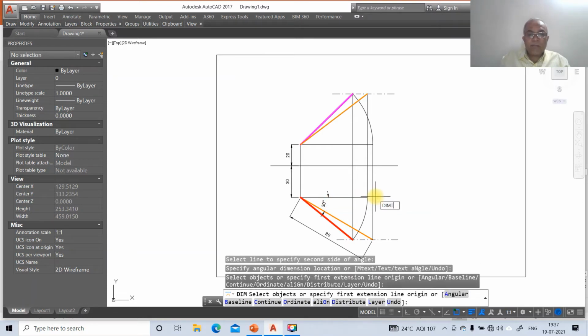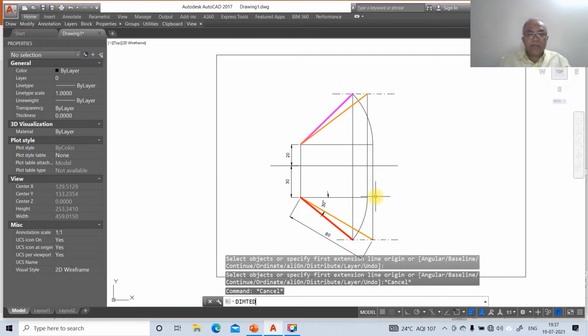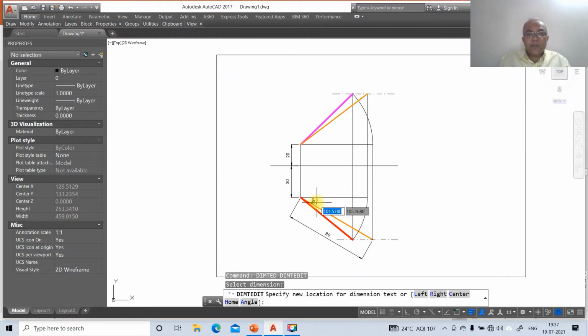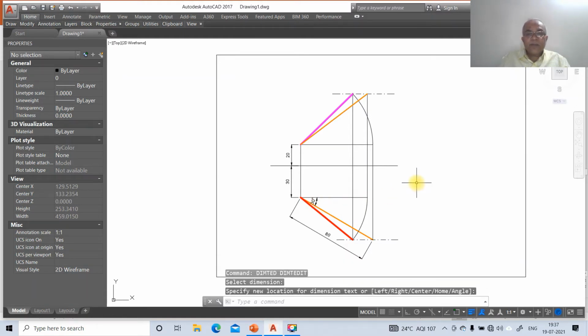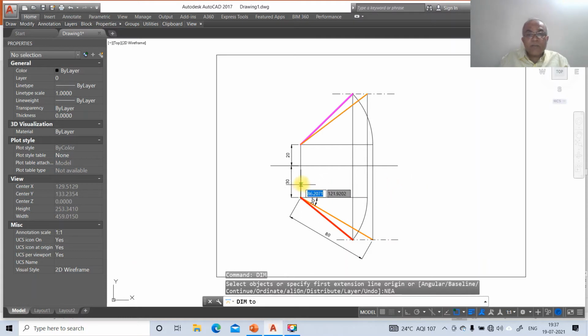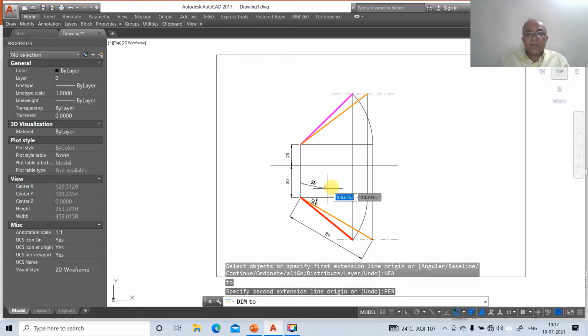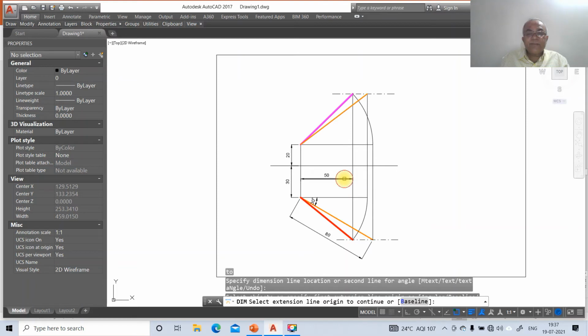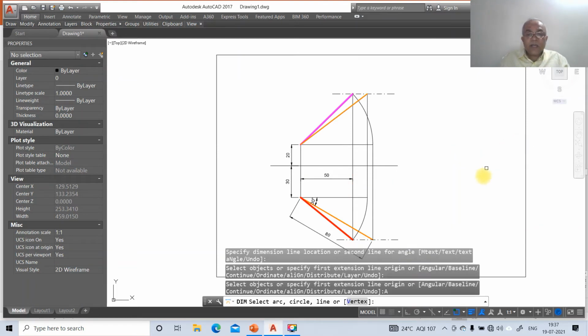Then go to dim edit, select this and you make it this angle. Then go to dim, nearest point on this and take perpendicular to this, so you're going to get 50. Then go to angular.